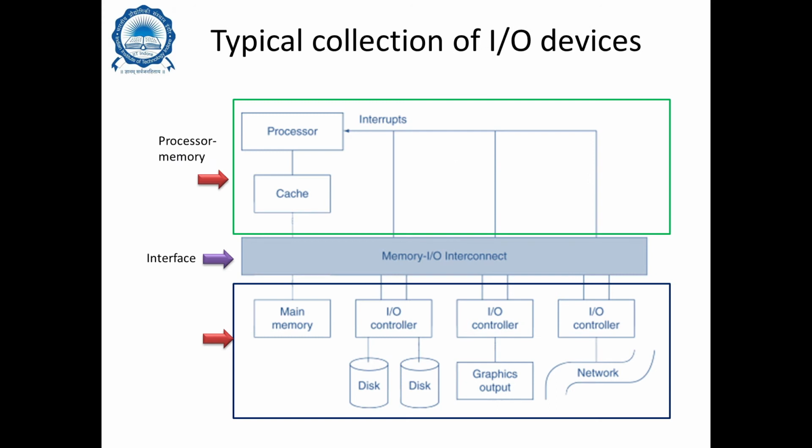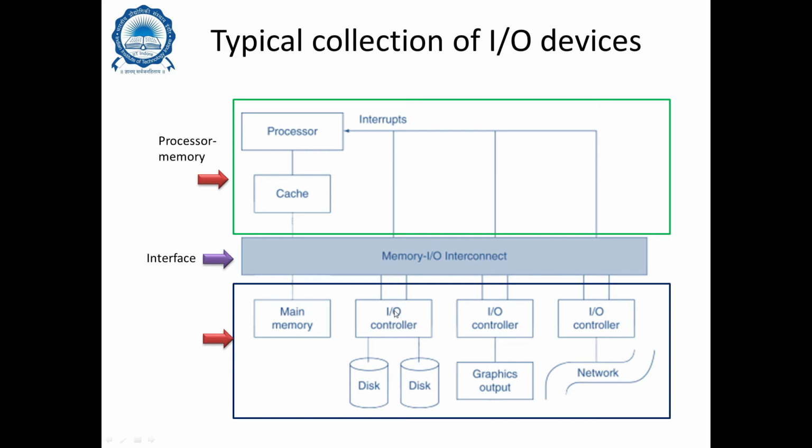So let's see how a typical collection of IO devices, when interfaced with a processor, looks. You have a processor and a memory IO interconnect on the top in the green box, and the processor is receiving the interrupts from the memory IO interconnect. I'll talk of these interrupts shortly. And this memory IO interconnect is a common bus that is connected with the main memory and the IO controllers,